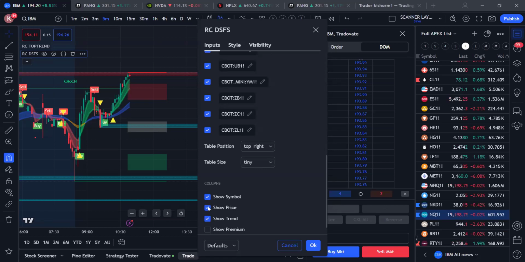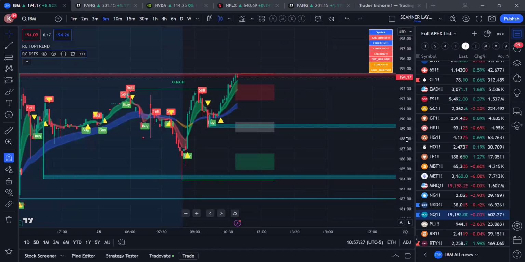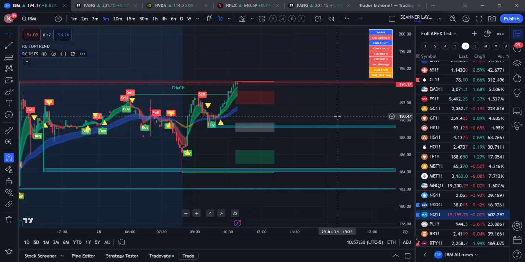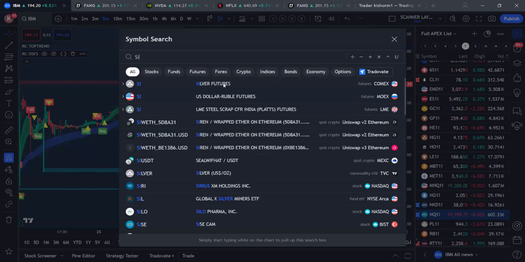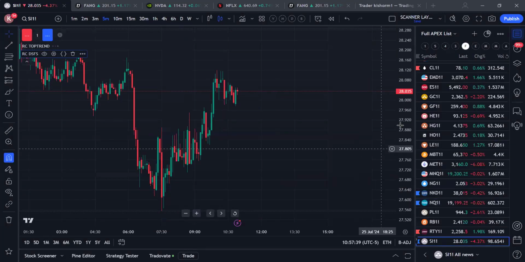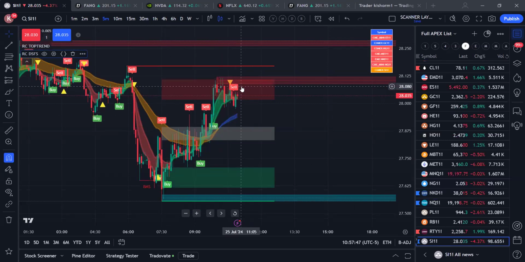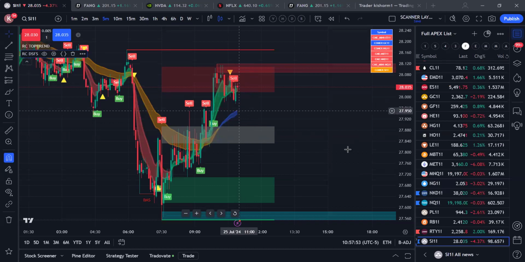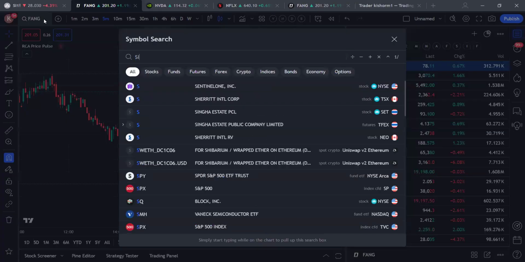You also don't need to see everything, right? Even if you have just a symbol, if you see green color, that is good for long. If you see orange color, good for short. So silver is in orange color. That means silver futures, right, it went all the way. It is at the top now. It is a potential sell, but if you want to get a double confirmation, you can always go